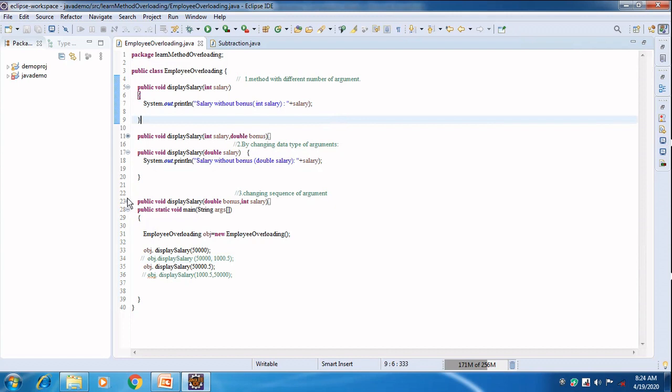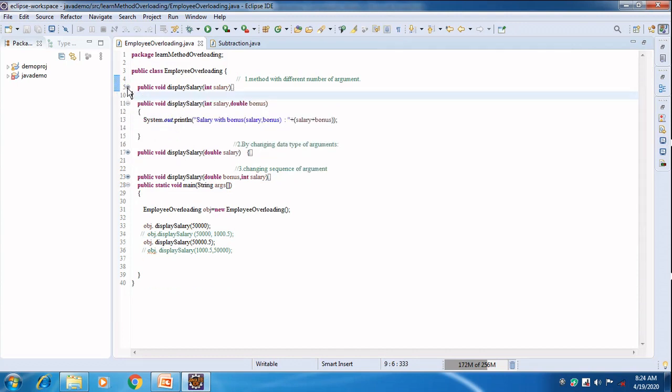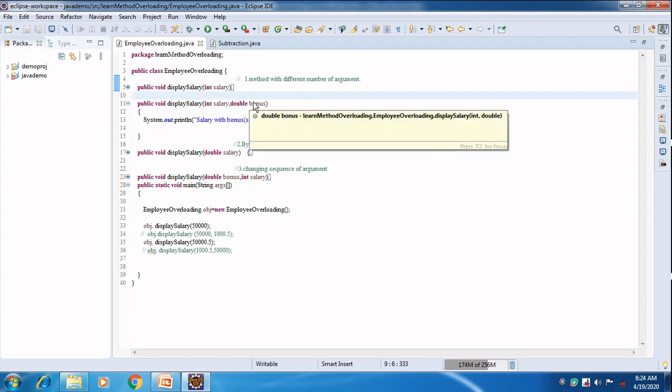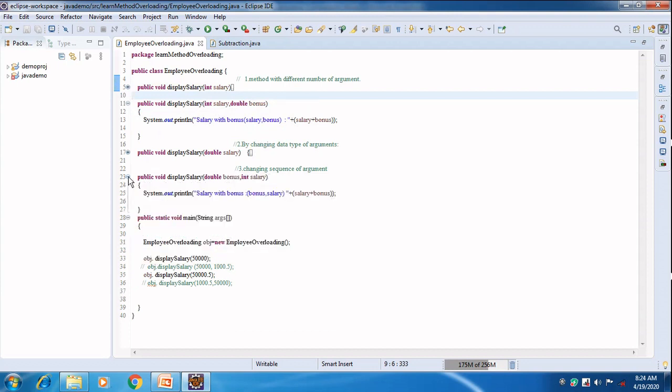Next, changing the sequence of arguments. Here I am having salary and bonus. Here integer type salary, double bonus, right? Thus I am reversing it. First I am passing bonus, then I am passing salary. The sequence has been changed in this method overloading.